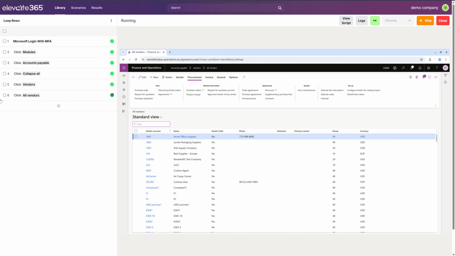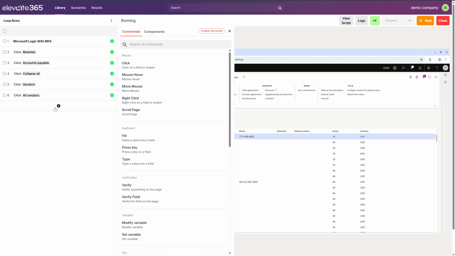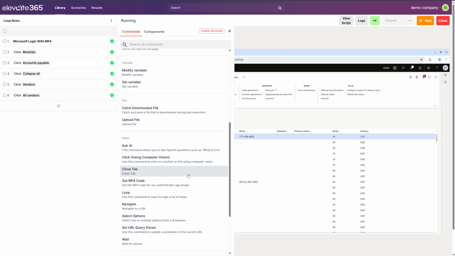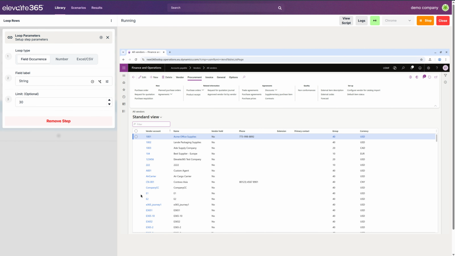We can add a loop by clicking plus to our test, selecting loop, and you'll see we get three options here, or three loop types: field occurrence, number, Excel/CSV. I'll be focusing on field occurrence for this video. Field occurrence just means an occurrence of a field, like a row, a column in a row, or maybe a